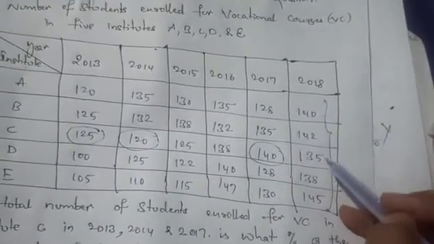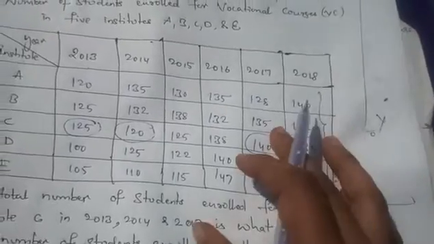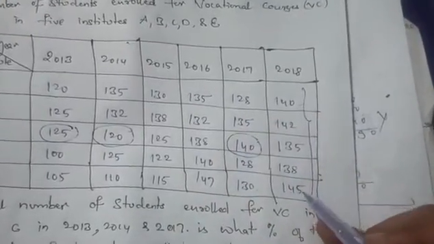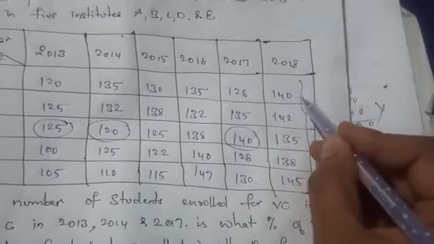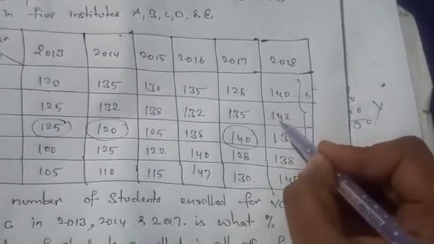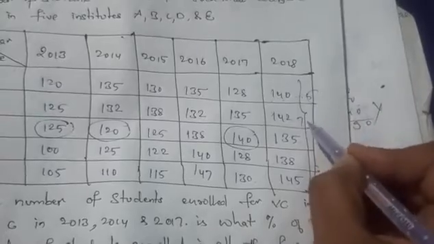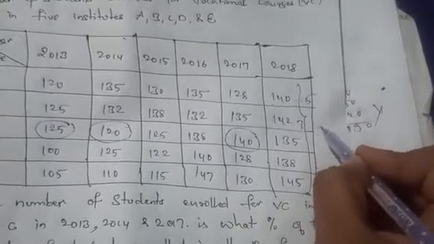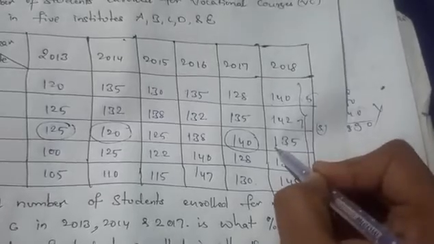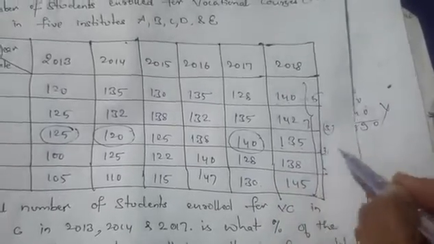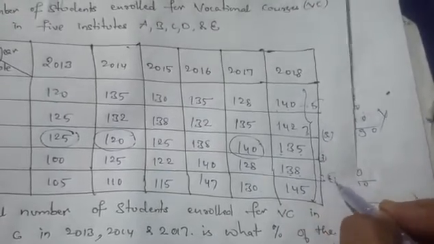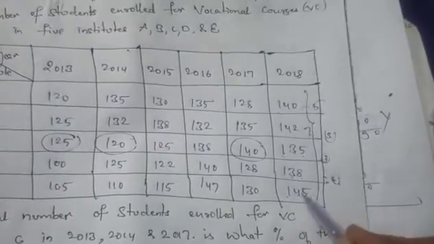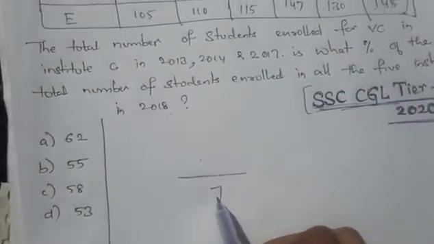See, 140, 142, 135, 138, 145. I will not sum all the values, I will just take only the digit sum values. So here 140 means 5. And 142, 5 plus 2 is 7. 5 plus 7 is again 12, which means 3, overall 3. 3 plus 3 is 6, then 135 gives 9, 6 plus 9 is 15 that is 6, then 138 gives 3, 3 plus 6 is 9, and 145 gives 1, 9 plus 1 is 10, overall 1. So the denominator digit sum value is 7. That's it, I will just write only this value.